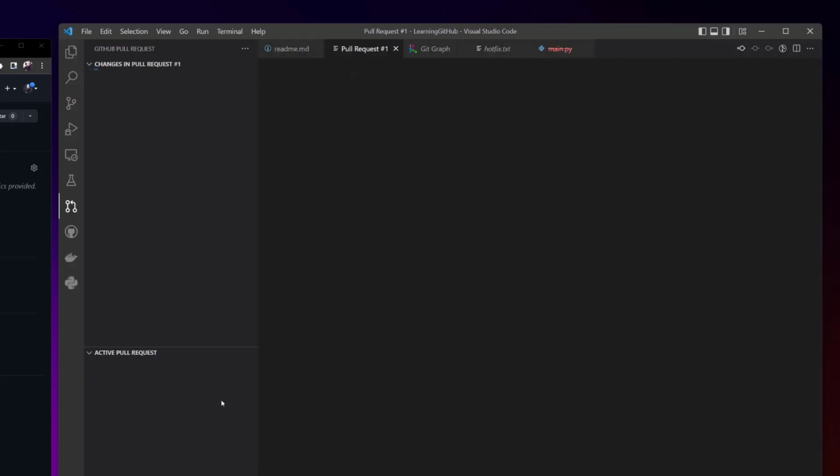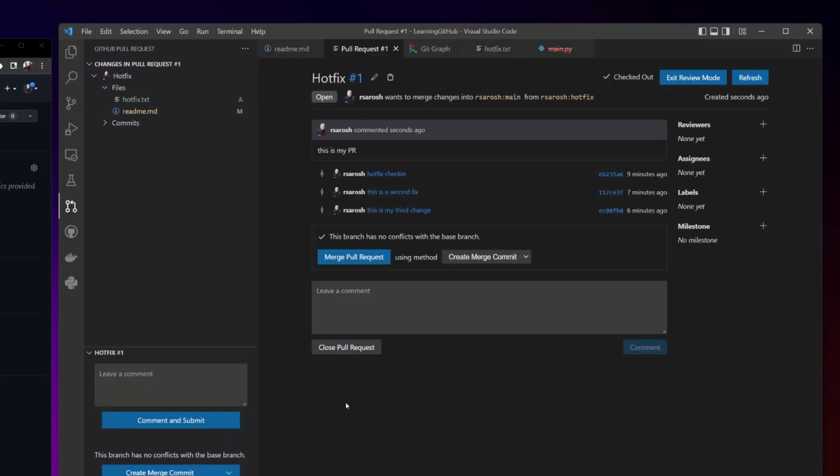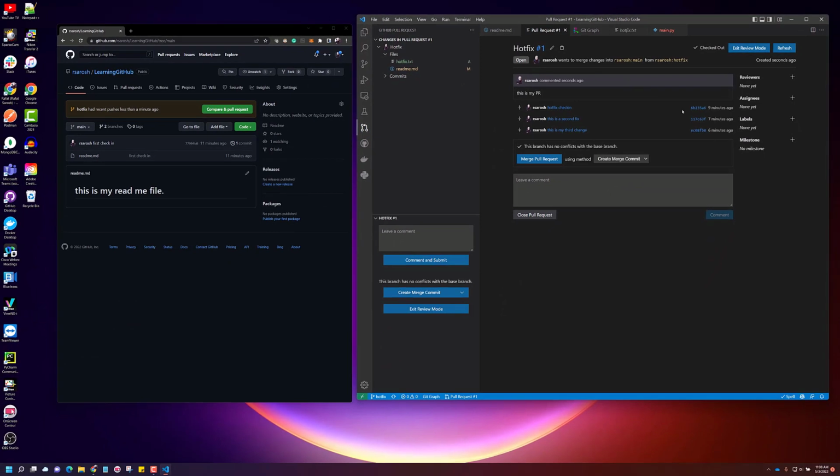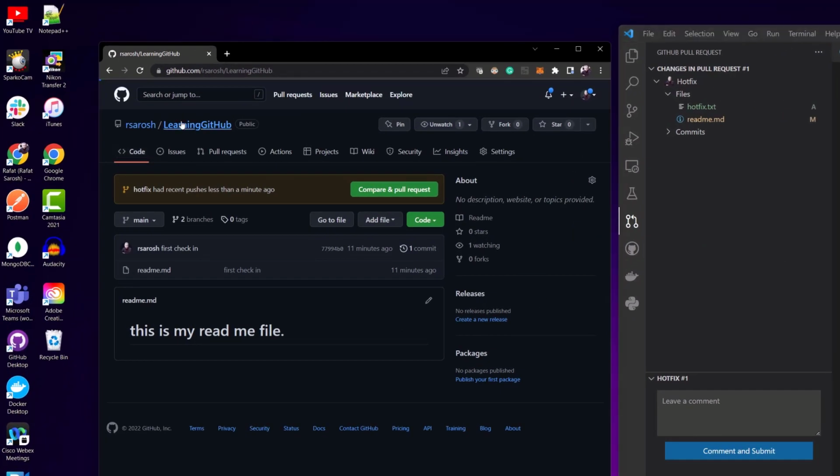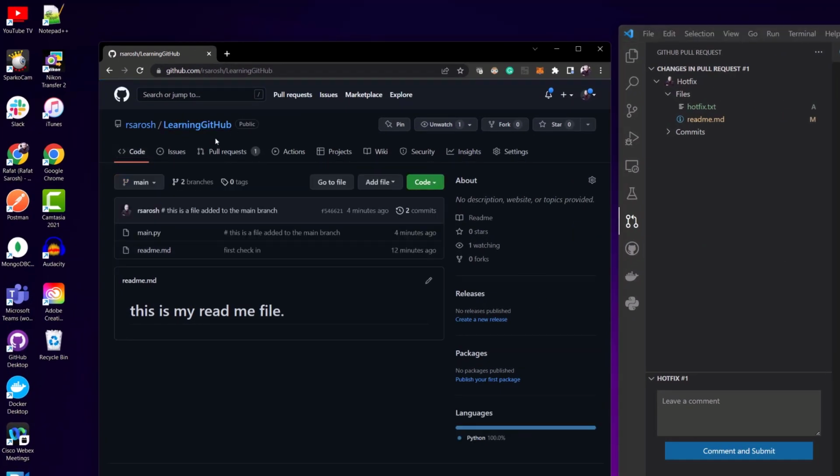And this pull request, you are going to see. Suppose you are a junior engineer, you worked on the hotfix, you push this, and you are seeing here the details of all the pull requests which you created. This is beautiful that it's showing you this even in VS Code, but in reality, what will happen is your senior engineer will go to this Learning Hub